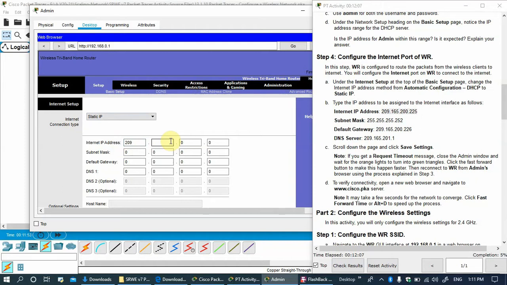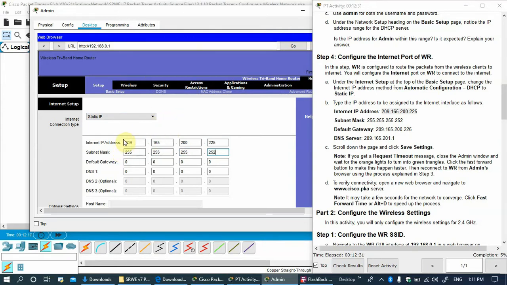209.165.200.225. Okay, and subnet mask is 255.255.255.252. Okay, so 252.